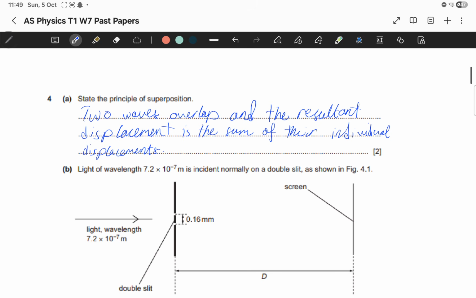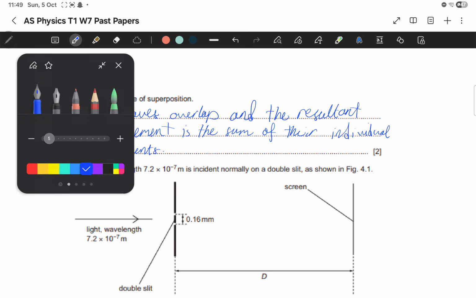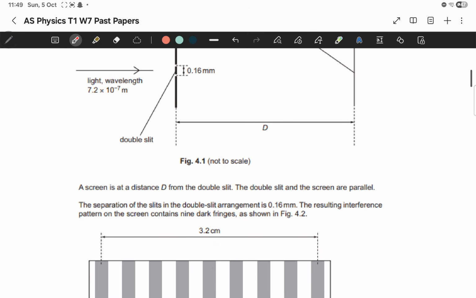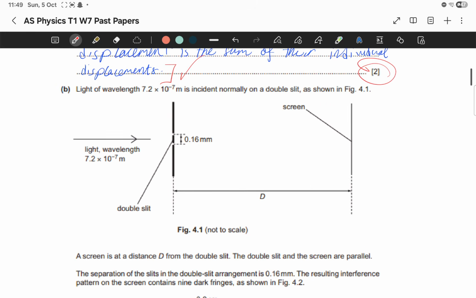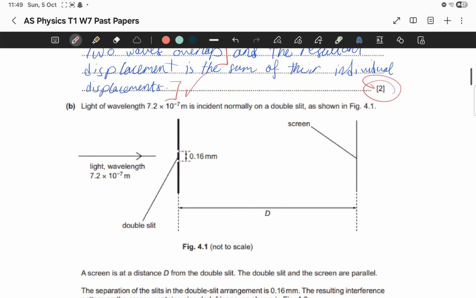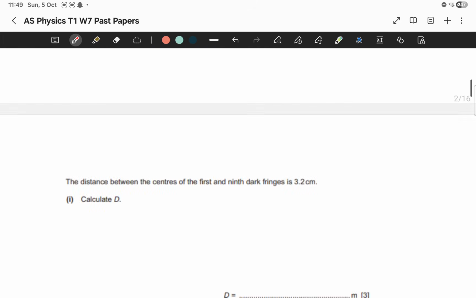The principle of superposition is when two waves overlap, so that's the first mark. Let me mark where you get the marks. So two waves overlap, one mark. Resultant displacement is the sum of the individual displacements, mark 2. So as you can see, it's 2 marks. So if it comes in written part, which I think it generally might, it's 3 marks. Don't miss out on it. You're memorizing one sentence and you get 2 marks for it, or 1, depending on how the written part is